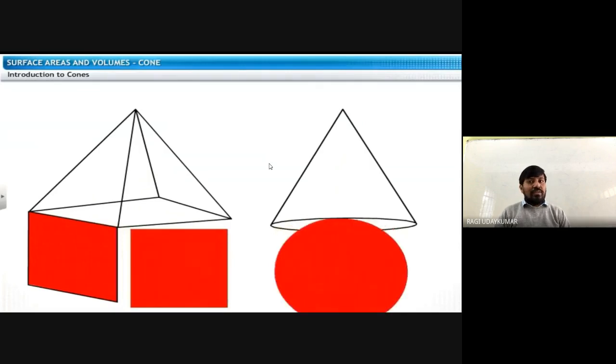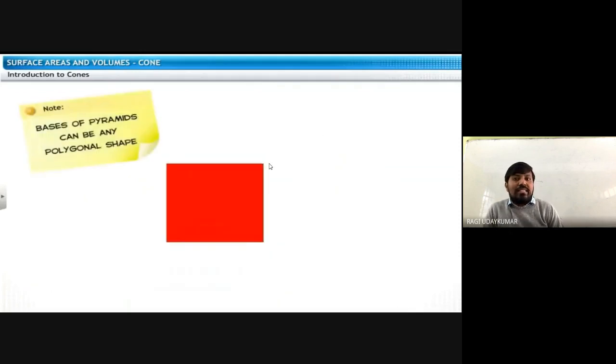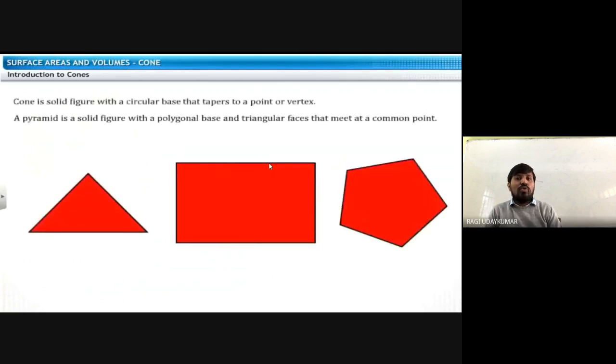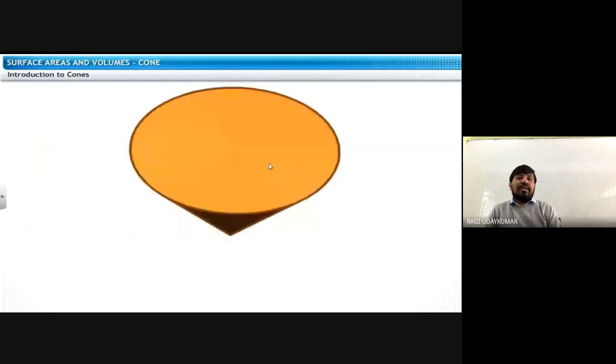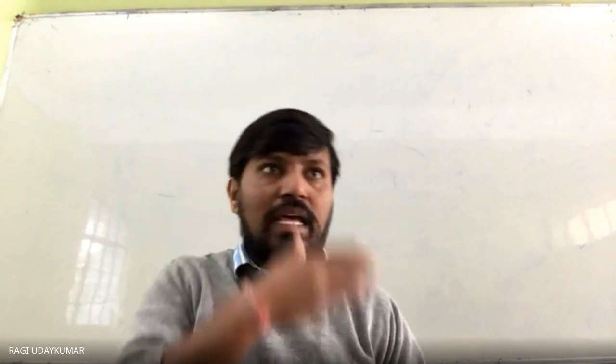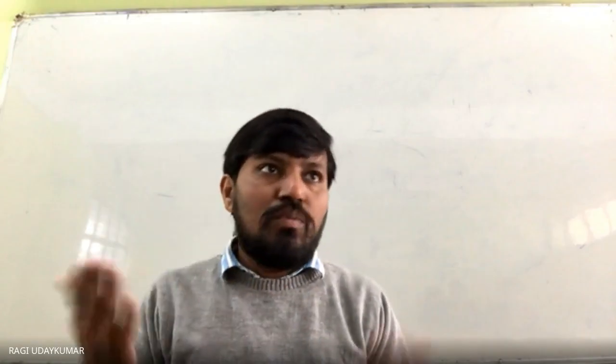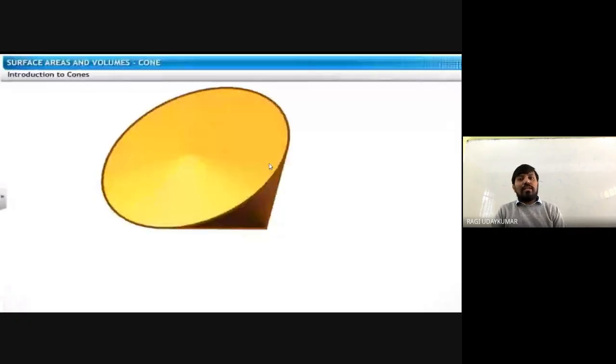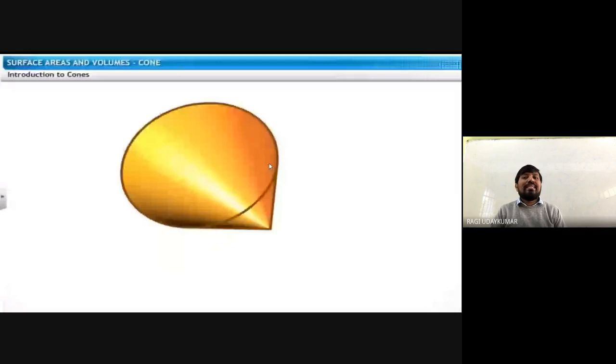So actually a cone can be called a circular pyramid. Bases of the pyramids can be any polygon in shape. Actually polygons are there in the pyramid, but here in this case the cone is a solid shape. Here whenever you are taking into consideration, we are going to get one sector of a circular object, and if we mold that sector, then we are going to get a conical shape. So how is a cone constructed?